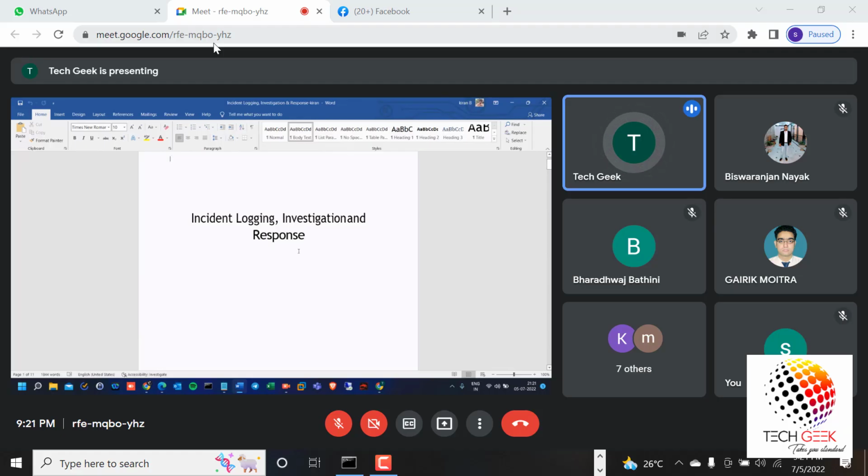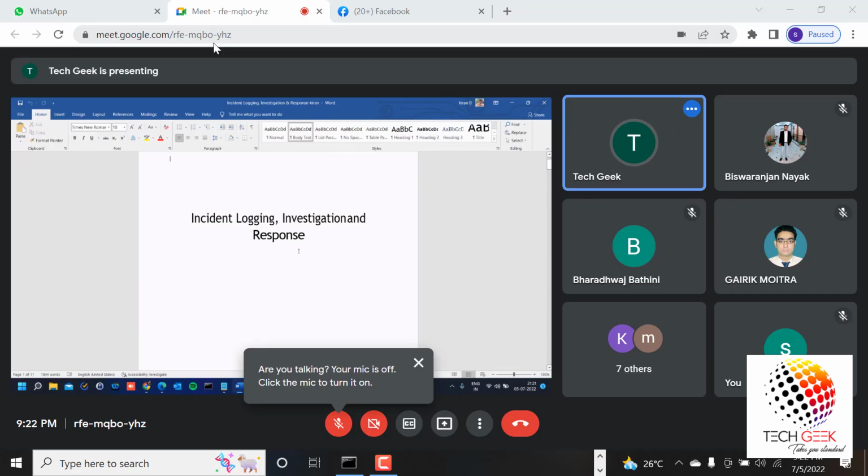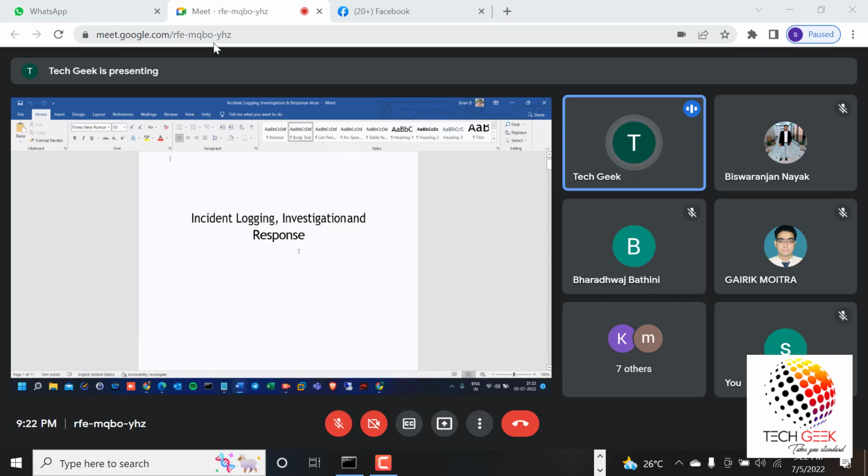Whenever an alert comes, as a security analyst we are monitoring 24/7, in each shift. There will be three shifts. So let's suppose I'm in the shift, monitoring the SIEM tool, any of the SIEM tools: Splunk, QRadar, Rapid7, LogRhythm, ArcSight. There are multiple SIEM tools. In each SIEM tool, we get a notification whenever any suspicious activity happens, and depending on the rules, the alert will trigger. Whenever the alert triggers, we get the notification.